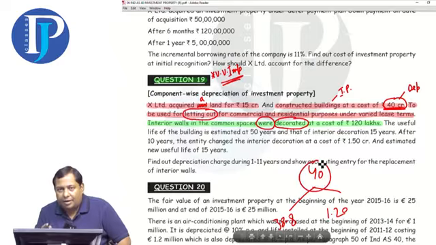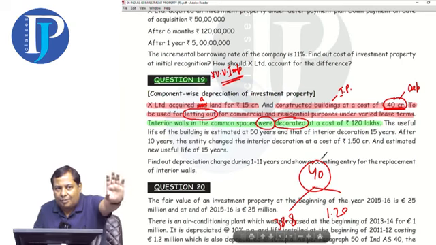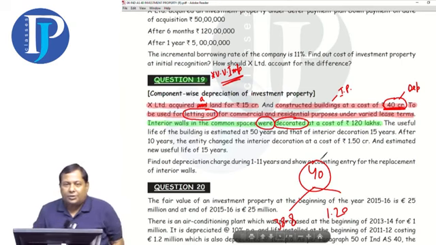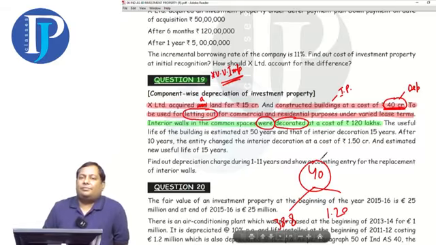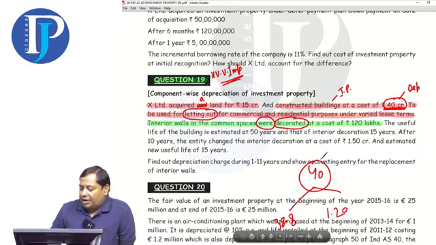When I buy any building, I don't pay separately for the interior of the building. It comes along with the building. The price of the building is all inclusive. So it is a 40 crore building. We don't have to worry about the price of interior in it. And if we talk about this interior, it can be a component if its life is different. So here 15 crore worth of land is purchased. Building costs 40 crores and its interior costs 1 crore 20 lakhs. It was like this since before.